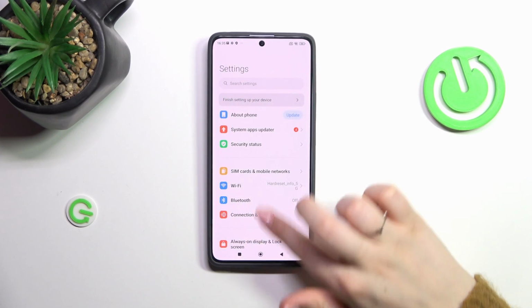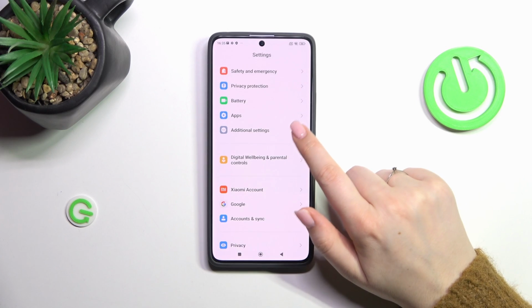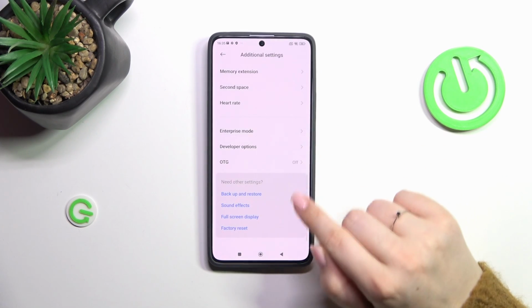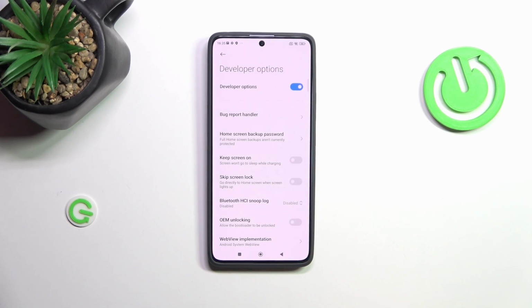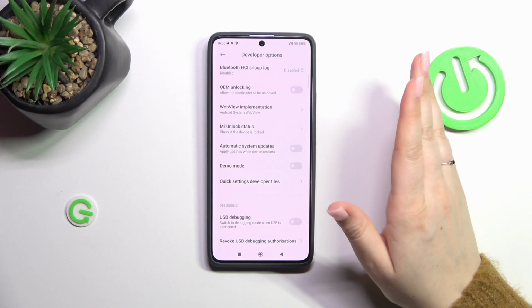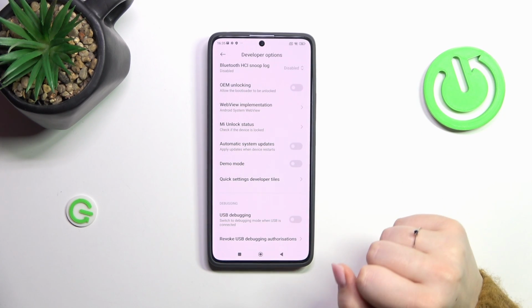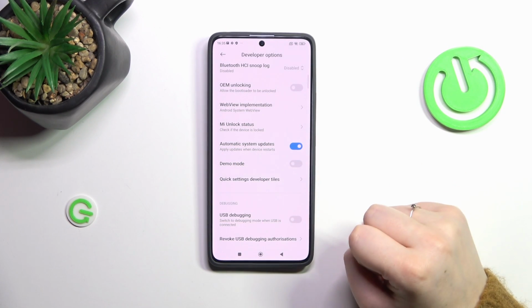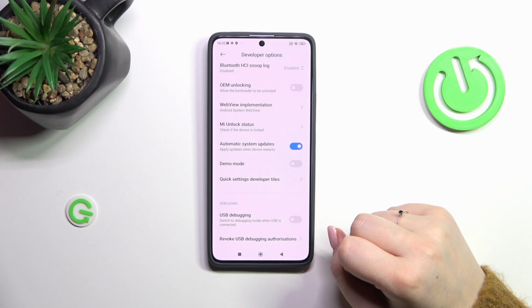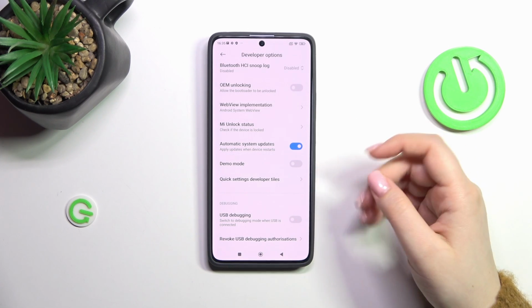So now we can go back and scroll to find additional settings. Let's scroll and find developer options. And here we have to scroll down just a little bit to find this automatic system updates. You can turn this option on just by tapping on this switcher, and from now on, since this option is